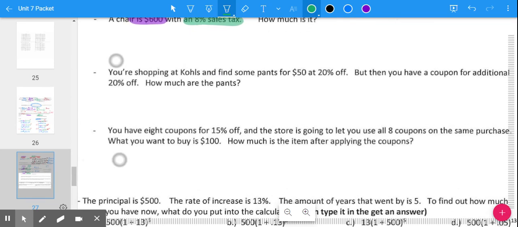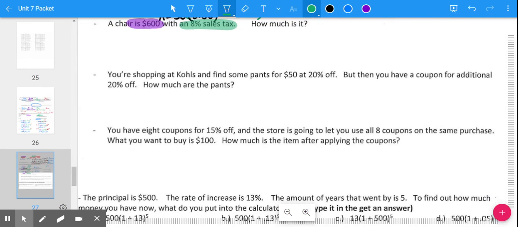The next one, you're shopping at Kohl's and find some pants for $50. So there's our principal. The pants cost $50. Now, they're 20% off, but then you have a coupon for an additional 20% off. So how much are the pants? So we have the amount for the pants is equal to your principal of $50,